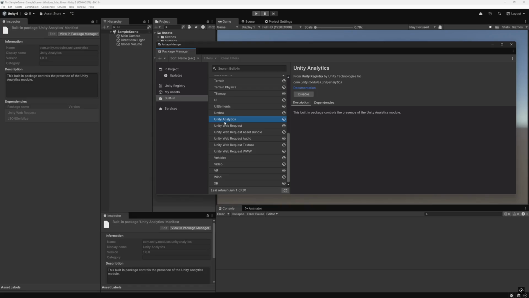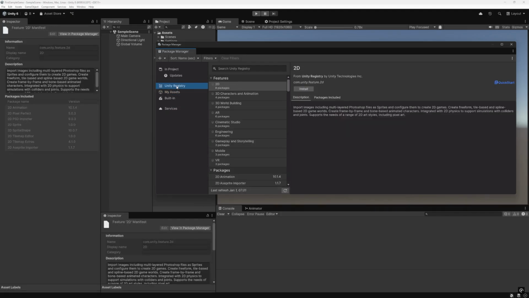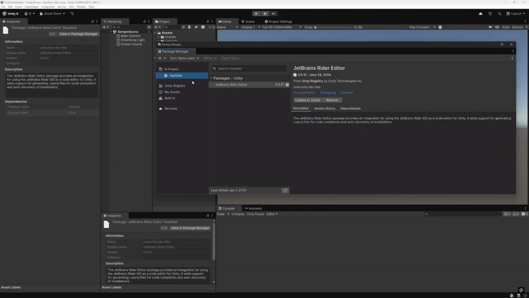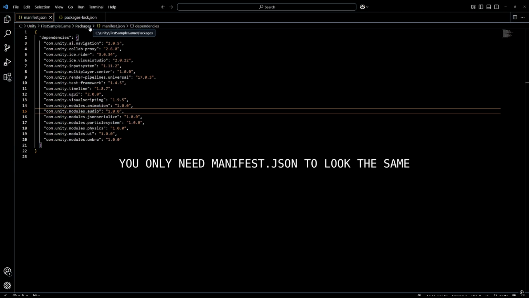And even though I took an almost empty template in my recording, now I literally spent 15 minutes removing all the non-essential packages and restarting editor. Using the editor window, though the text file will be faster. Now you don't have to do it yourself, just as I mentioned before, I like default and empty. But if you want to have it the same way, here is how final text files look for packages. There are two files, manifest.json and a more detailed one, packages-lock.json. If content of your files looks the same, Unity will handle the rest.